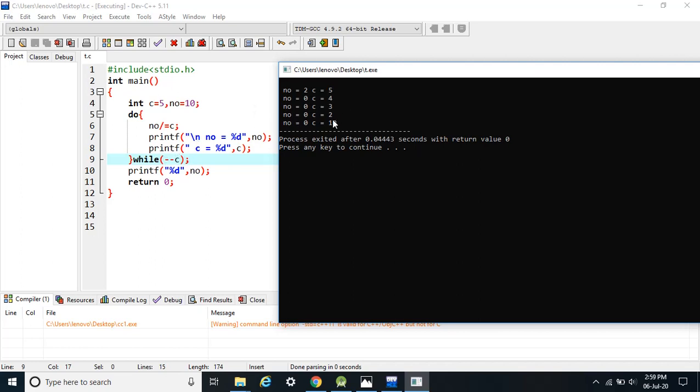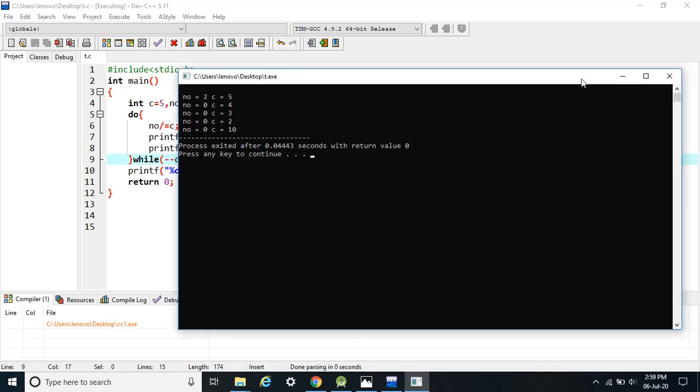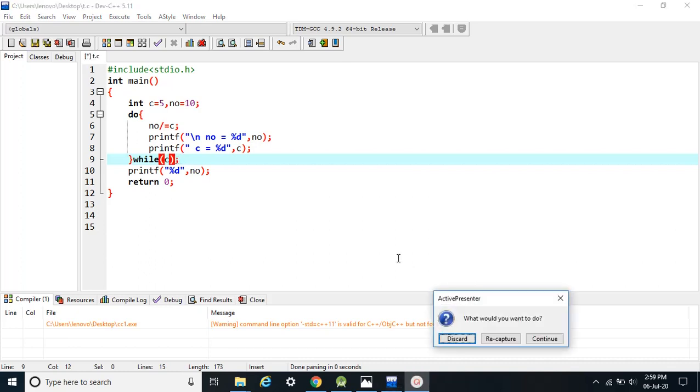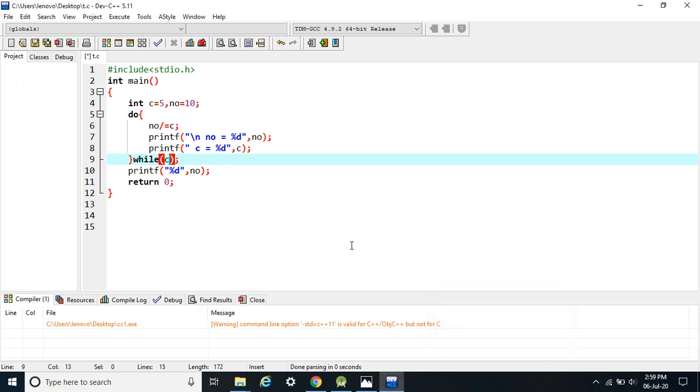So at last when the value of C would be 1, minus minus C would be 0. Now this condition would be false and we will not run this loop again and we will exit it. So this time we will not get any runtime error and the program will successfully run. So this was the logic behind it. That's why we are getting the runtime error in this original case. I hope that this question is clear to you.